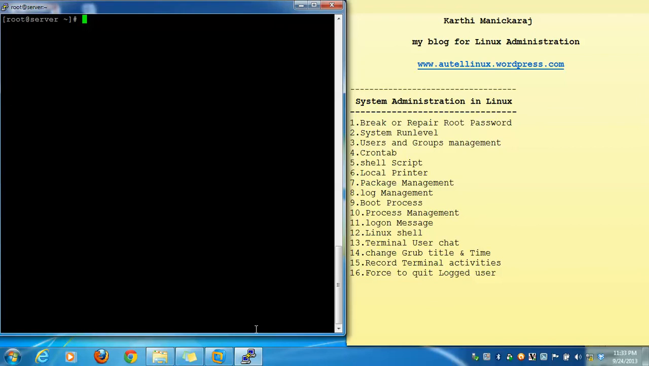Then next, shell script is also one of the important things in Linux administration. It will automate so many tasks. For example, I create a shell script called info because I want to know some information. I create a file named info.sh. I want to know the present working directory, ls, then who, w command, then